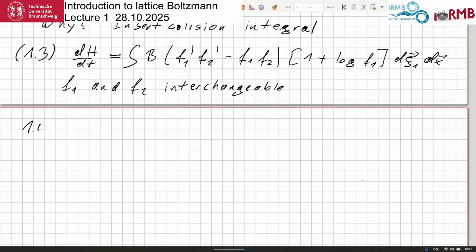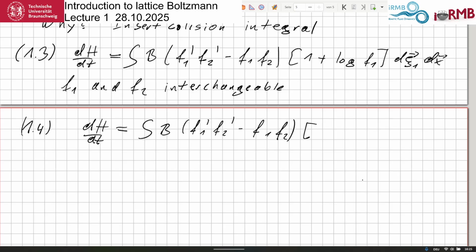So we write down equation 1.4, so that d eta by dt is the integral over the kernel and (f1' f2' minus f1 f2), and here we have 1 plus now the log, we are exchanging them, so it's f2, right? And now we have to integrate over